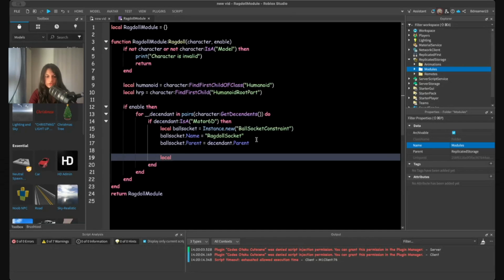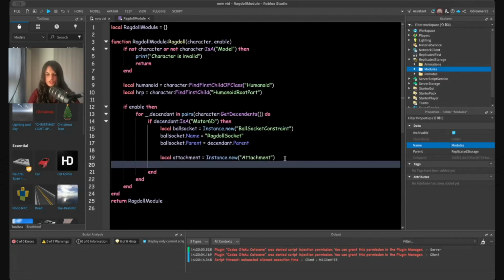Now do local attachment is equal to Instance.new attachment. Now if you're wondering what an attachment is, basically an attachment is like an object that you can use to add cool effects to the player or to anything in general. It's mainly used in adding velocity and VFX. So now do attachment.Name is equal to ragdoll